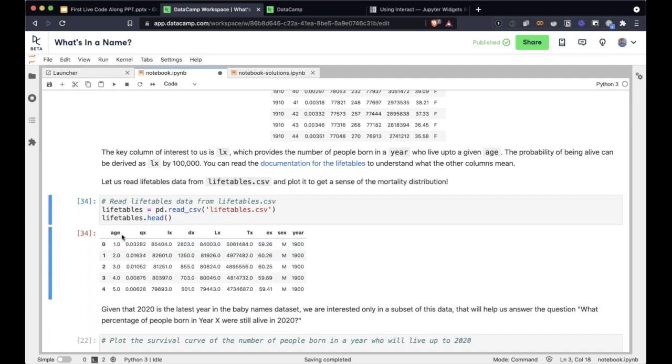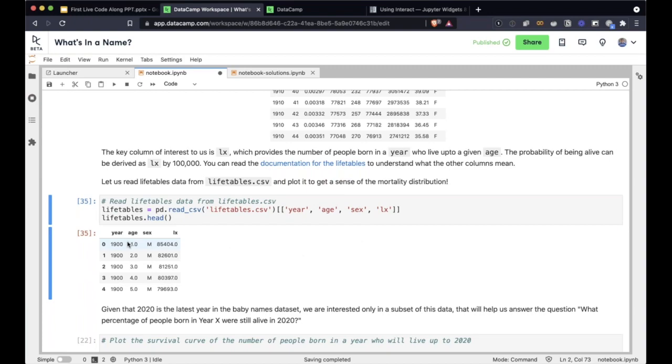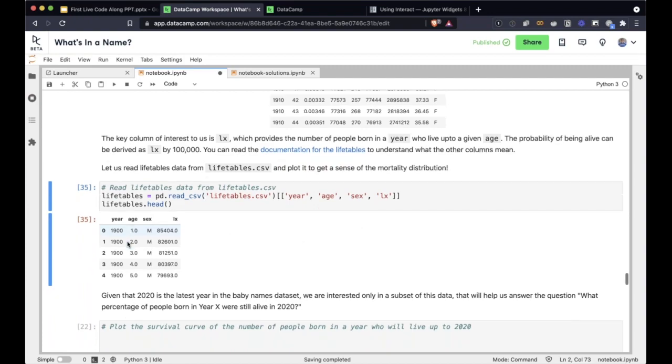We only need age, sex, year, and LX. So just to keep things clean, I am going to select those here: year, age, sex, and LX. And there we go. So we're going to print only these 4 columns.